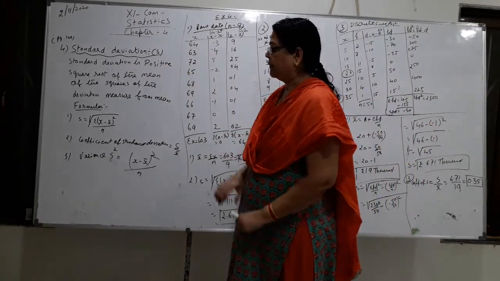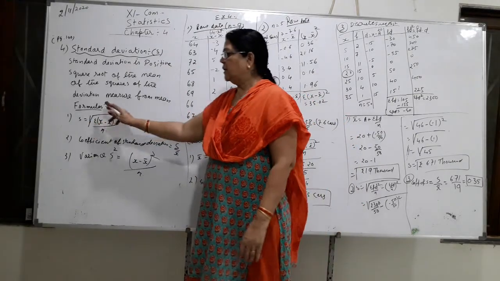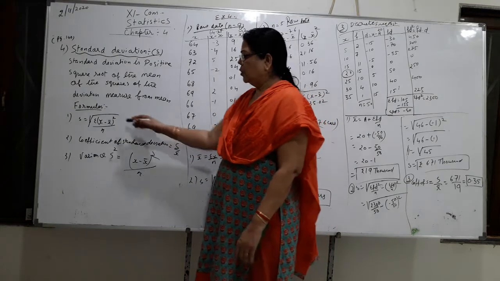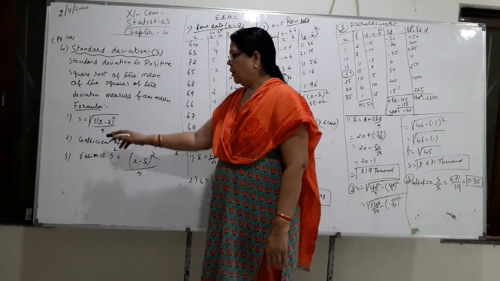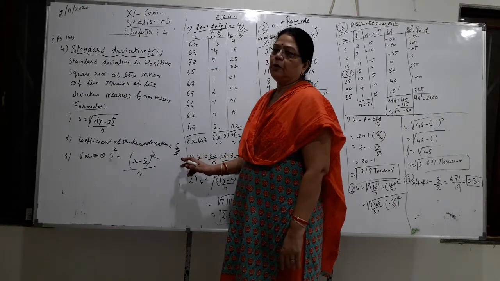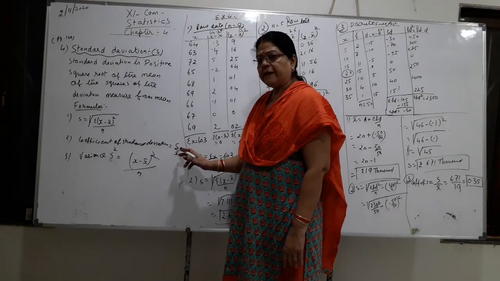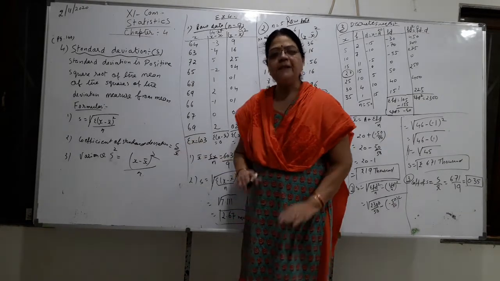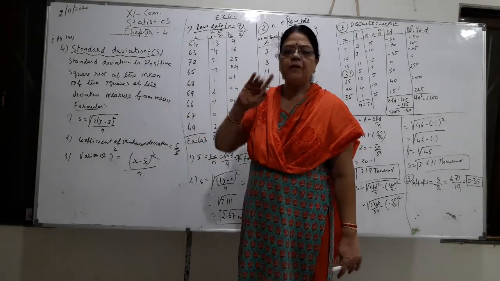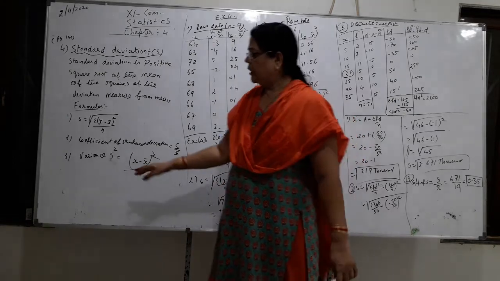It is the last one. So the formula is under the square root, sigma (x minus x bar) whole square upon n. Coefficient of standard deviation is S upon x bar. S means standard deviation and x bar means mean, which we have already found out. When we do the sums, I will explain again. The next